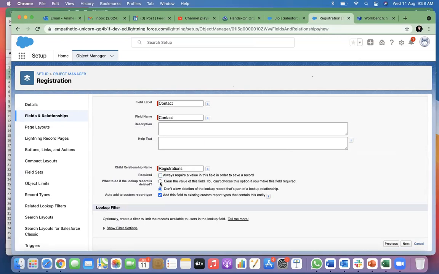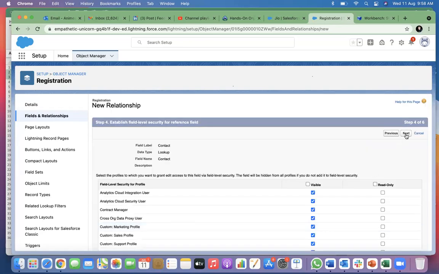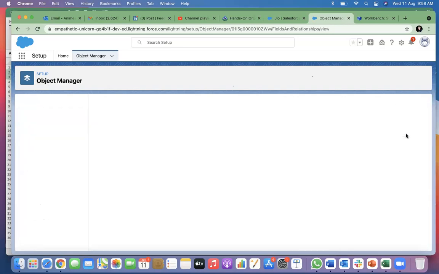But if it is not required, then you can select by default, clear the values of this field. So if you make the field required, then you cannot delete the parent record without deleting the child record first. But if it's not required, then of course it automatically clears the value. Another similar point is needed in master detail also. So lookup is quite similar.